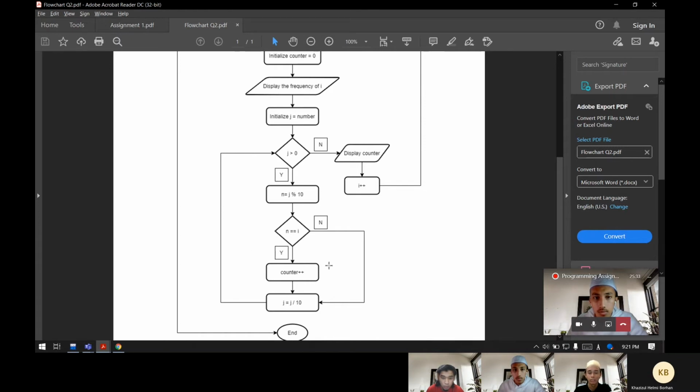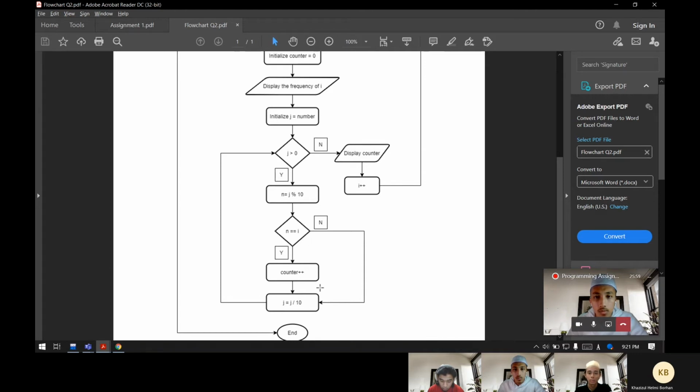So for the first loop, I is equal to 0. So 1 is not equal to 0. So we will find a new j. Then the second j is 21, and 21 mod 10 is 1, and 1 is not equal to 0, and it will continue the loop. And the last j is 2, and the last digit is 2 because 2 mod 10 is 2, and 2 is not equal to 0.